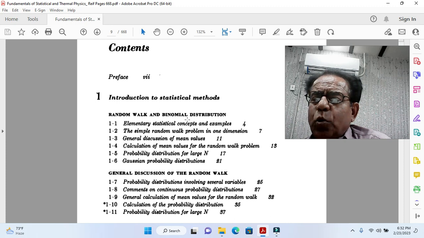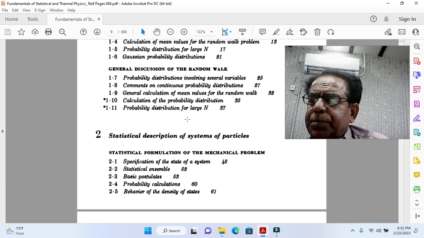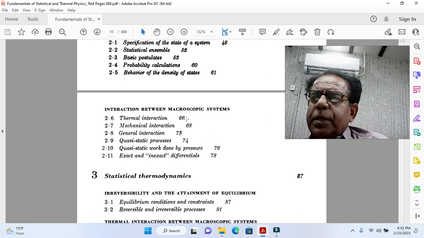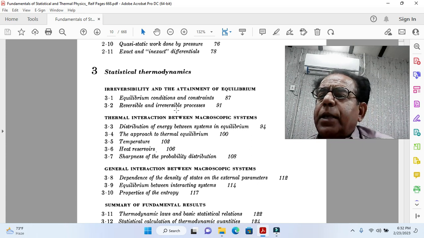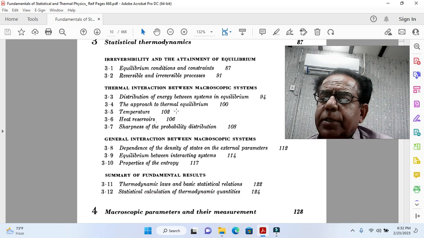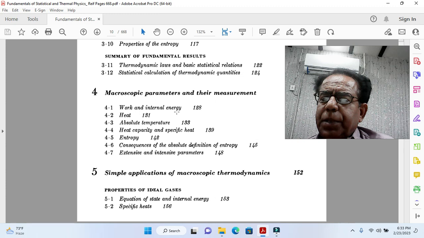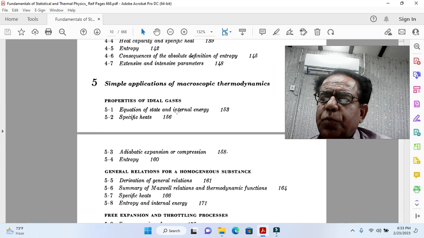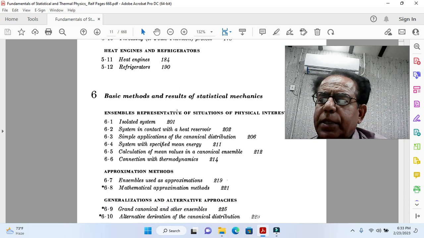Okay, contents: introduction to statistical methods, random walk and binomial distribution, general discussion on the random walk, statistical description of systems of particles, statistical formulation of the mechanical problem, interaction between macroscopic systems, statistical thermodynamics, irreversibility and the attainment of equilibrium, thermal interaction between macroscopic systems, general interaction between macroscopic systems, summary of fundamental results, macroscopic parameters and their measurements, simple applications of macroscopic thermodynamics, properties of ideal gas, basic methods and results of statistical mechanics, ensembles representative of situations of physical interest, approximation method,